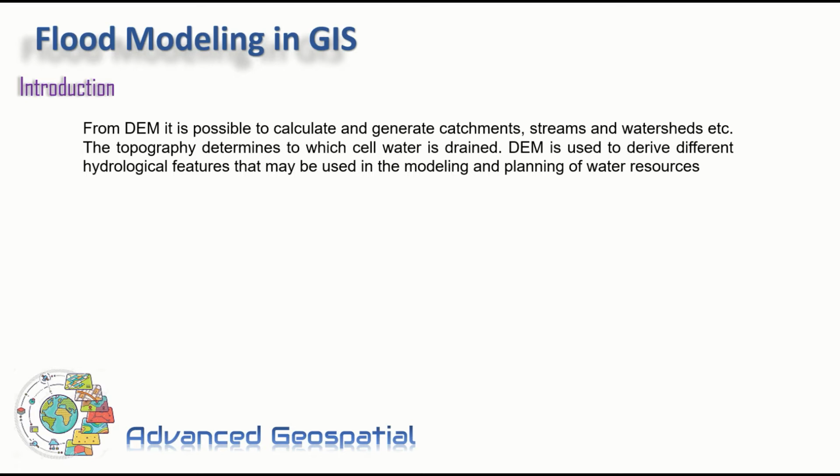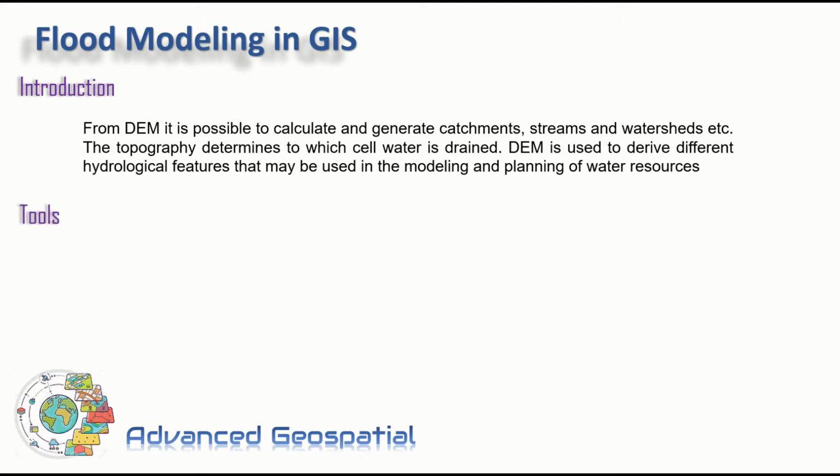Actually, the digital elevation model is the fundamental data set for flood modeling, and the topography of the Earth's surface tells us where the water will flow on the surface. Then we can model the flood in the urban areas and in the open areas. There are many other parameters we need to use, but the first step is to see where the water will flow on the surface if there is a rain or flood.